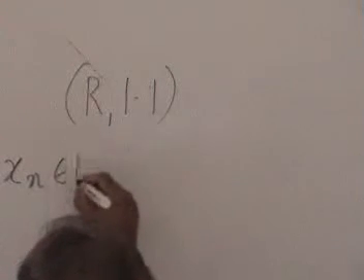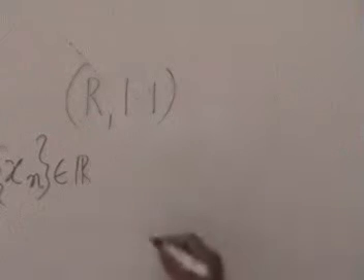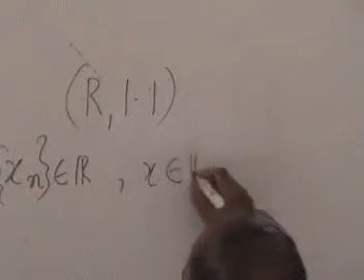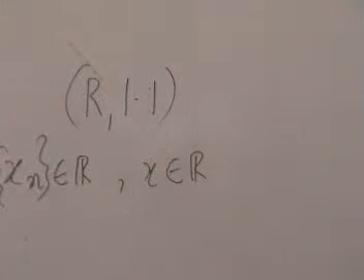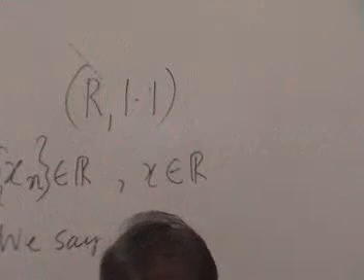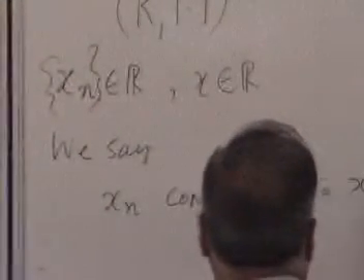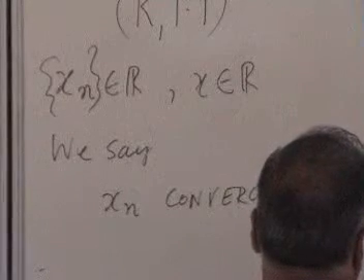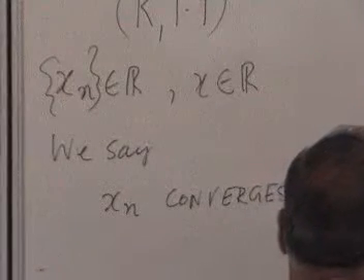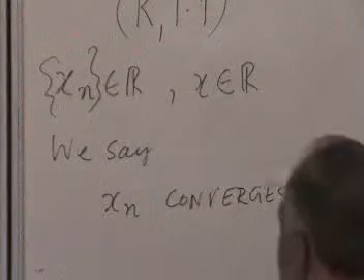Suppose I take a sequence of numbers xn, and x is another real number, then we say xn converges to x in this space, or in this linear space, or in the real number system with this modulus sense, if,